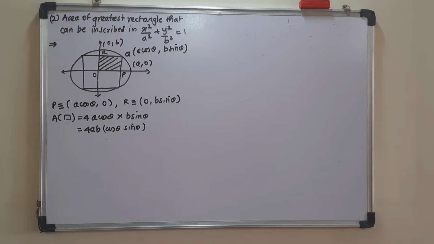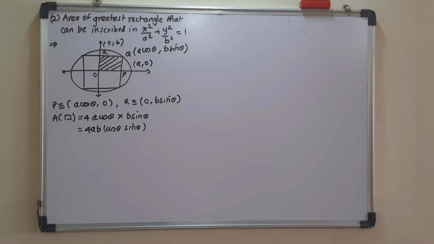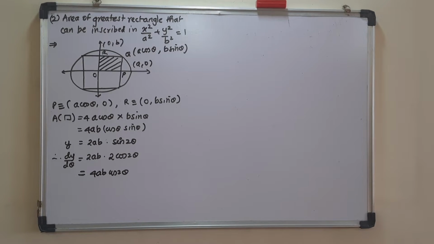The derivative will be obviously your cos 2 theta. Okay, and then taking the point of theta, we can understand it. Okay, so the derivative we get here is, dy by d theta is equal to 4ab cos 2 theta. Means what I did, area of rectangle which is there, I have taken it as y. So on differentiating, I get 2ab, and sin 2 theta derivative is 2 cos 2 theta, which is nothing but 4ab cos 2 theta.